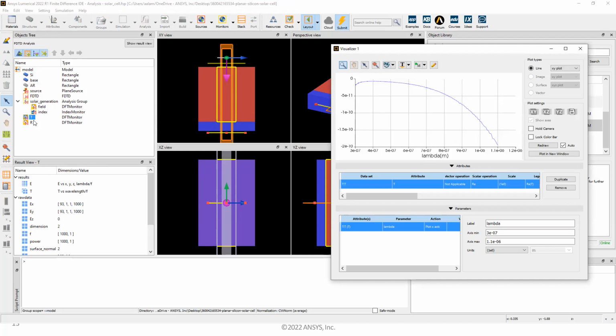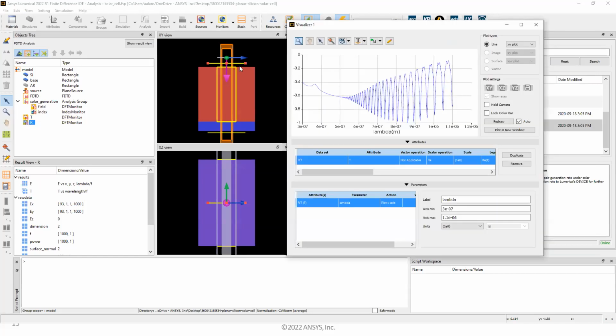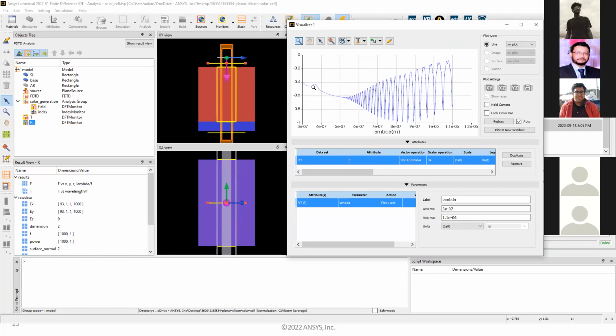Then we have this other monitor at the top to see how much of the light is actually getting reflected. If we look at the reflected light here, we can see this resonant behavior, and that's because light is getting reflected from here. As it goes up, it can again get reflected by this top surface, because you have an interface between air and silicon here, so you can see some interference patterns. But for most of the cases we are absorbing light pretty well, and the rest is getting reflected. That means the other part of the light is actually getting absorbed.